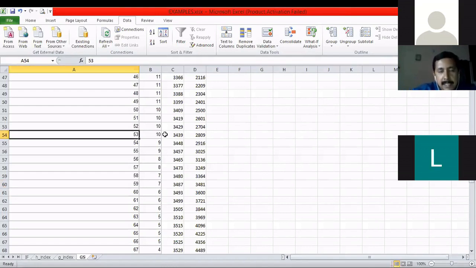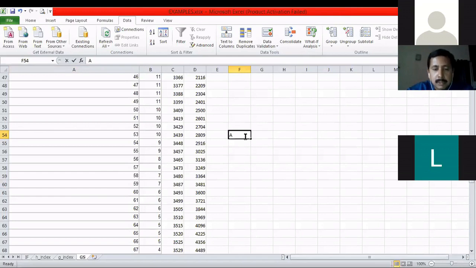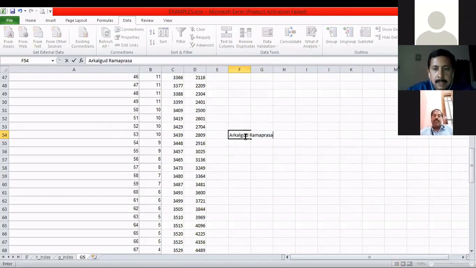So the I-10 index of this author, if you go to Google Scholar and look at the profile of Arkalgud Ramprasad, this is his profile.